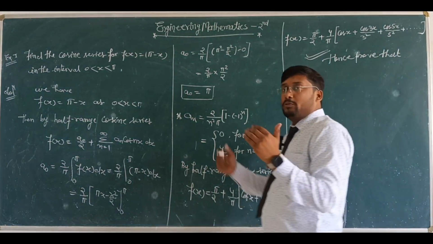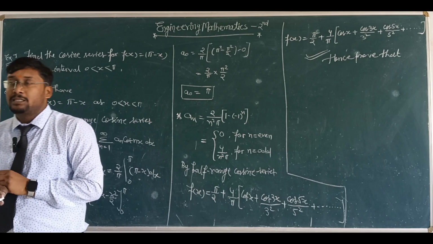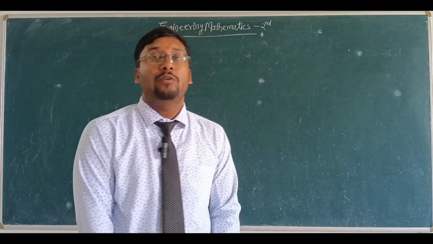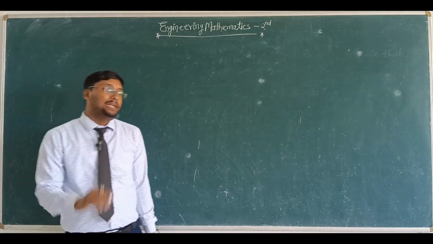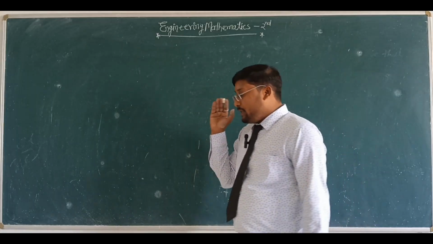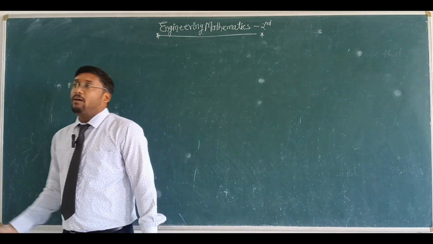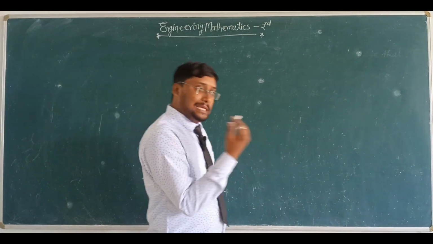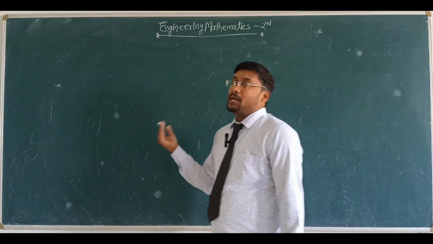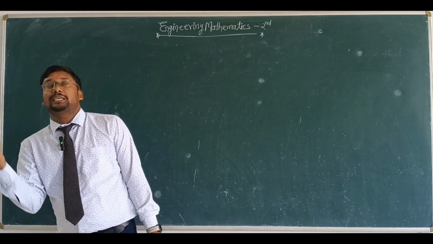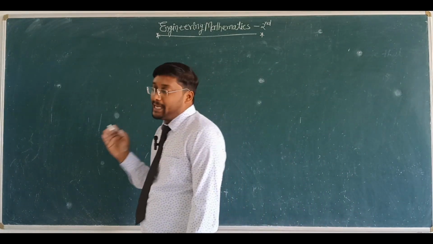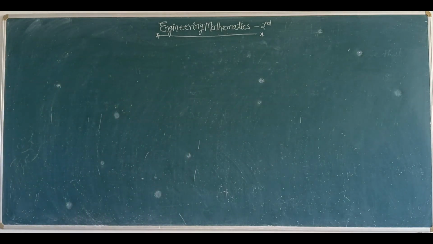Now I am continuing to the next topic related to the Fourier series. First of all, you can note down. This is very important because the time period of the function may change to an arbitrary constant value. If the time period is not equal to 2 pi, or you can say T or 2c, then the variable x is changeable proportionally. Now first of all, you can note down the topic: